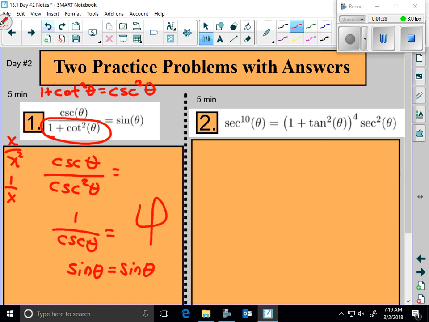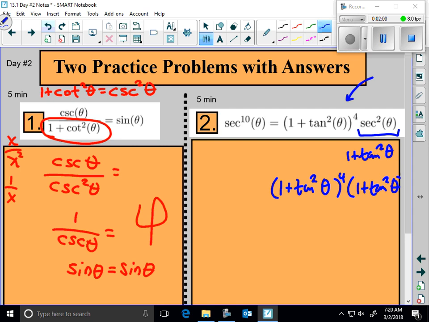Okay, let's see what we get here in number 2. Right side would be definitely the more complicated of the two. There are a couple rabbit trails you could go down. You could turn secant squared into 1 plus tangent squared. But please take a look at what you would get. Right? And this will get you the right answer eventually. Does anybody feel like taking that to the 4th power and using the binomial expansion? I don't think so. So what I would suggest,